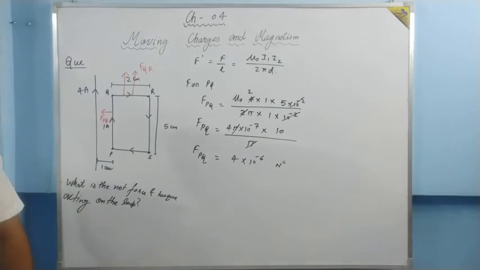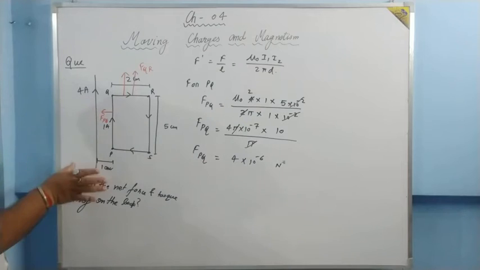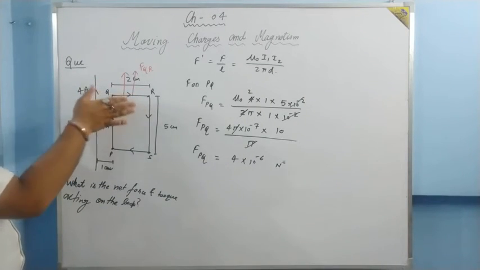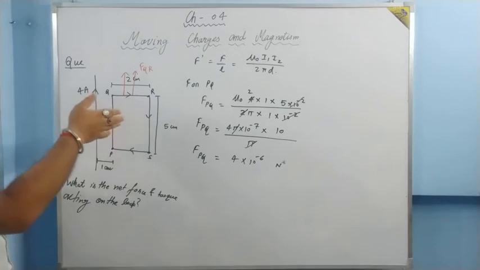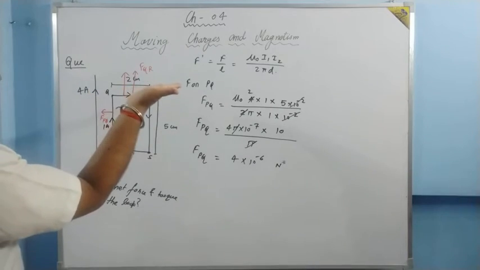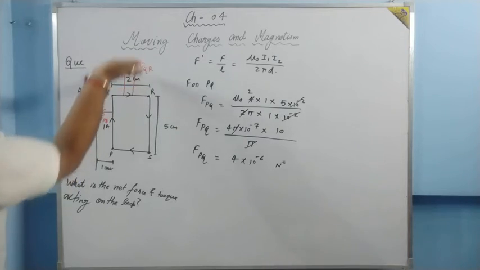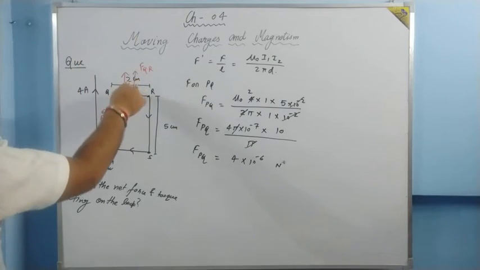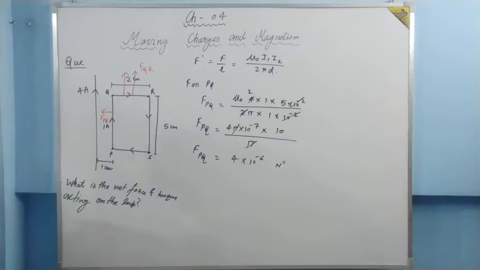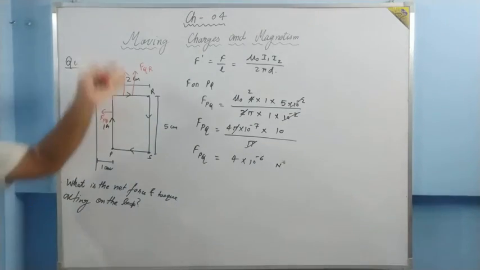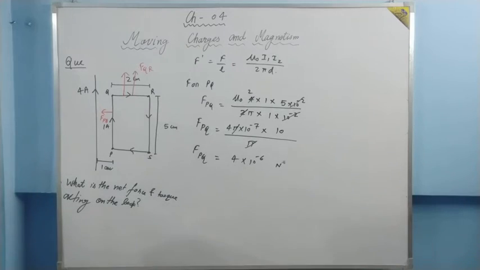FQR, let it be the net force. And why I am putting it upward only? Just see, direction of magnetic field will be inward because current is going this way. At each point the direction of magnetic field is in this way. Now what will happen? QR is the direction of current, and all these fingers towards the magnetic field where the palm faces. Palm faces upward. So that's why the force I have made is upward. Force will be different, but the direction of force will be upward only. So I have made a net force, that is FQR, it will be upward.